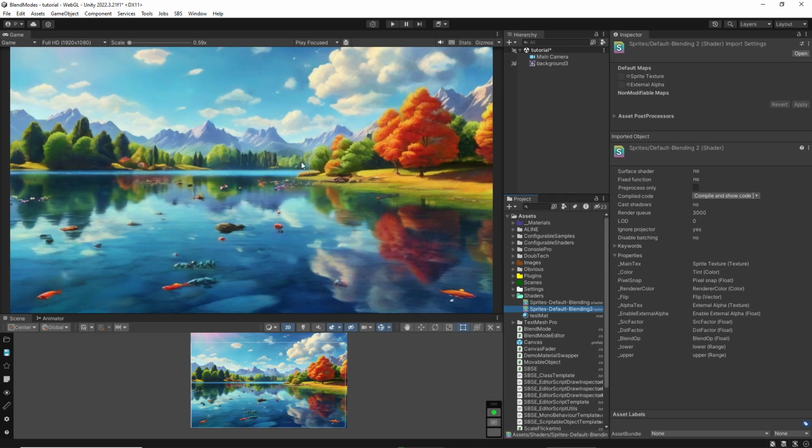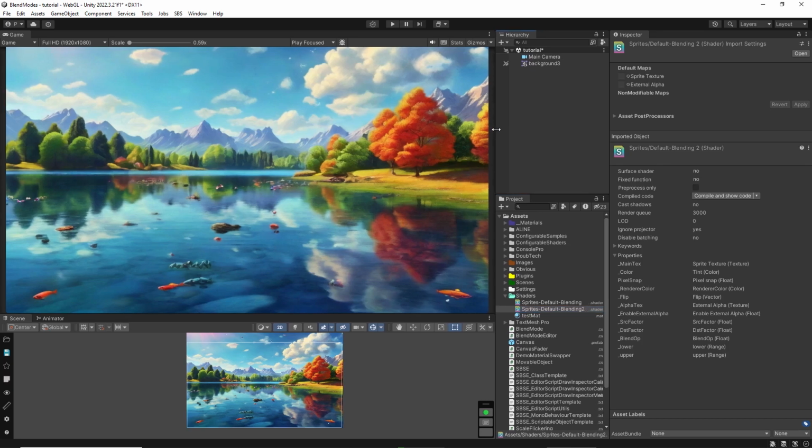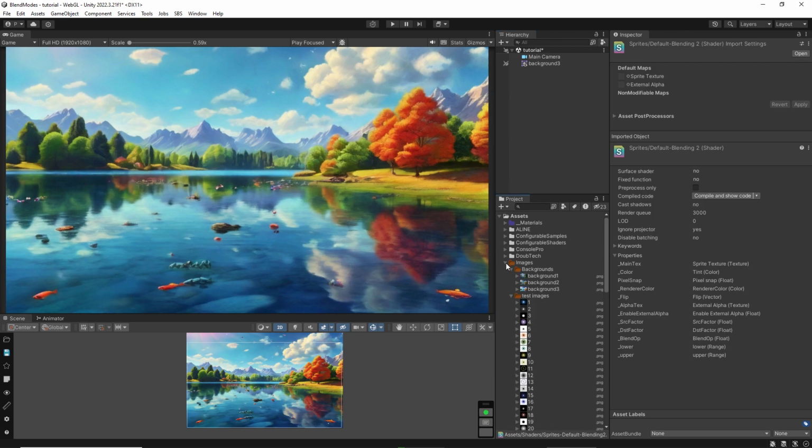Welcome in this blend mode tester tutorial. I will teach you how to use this asset. So let's assume we have a scene and we want to add a sun to the scene. So let's do this. In this images folder you have several